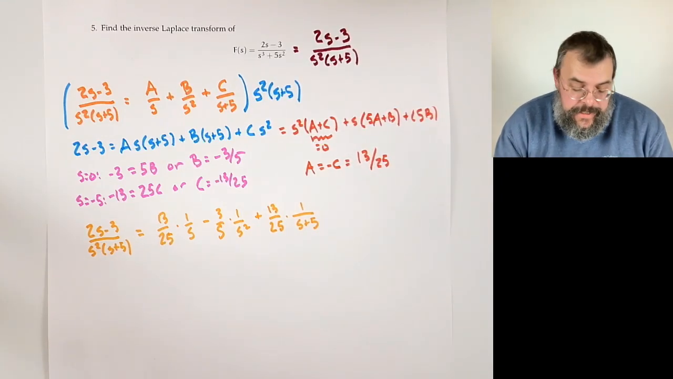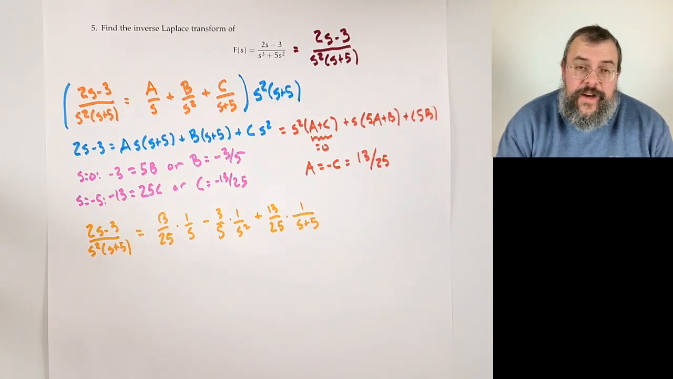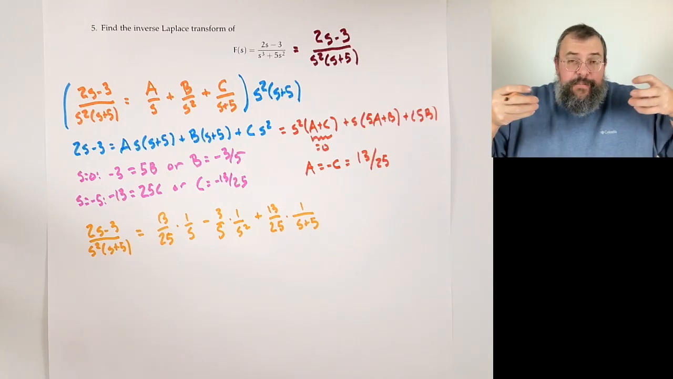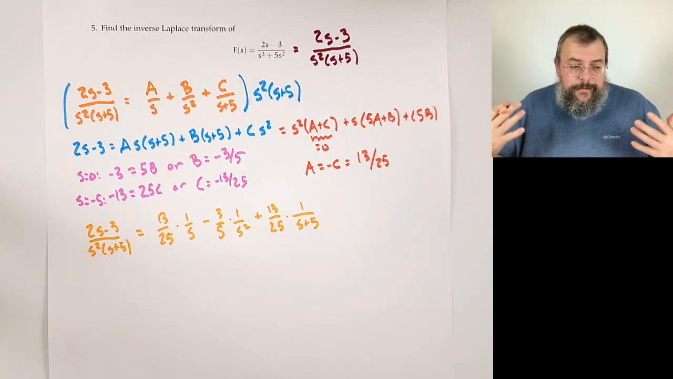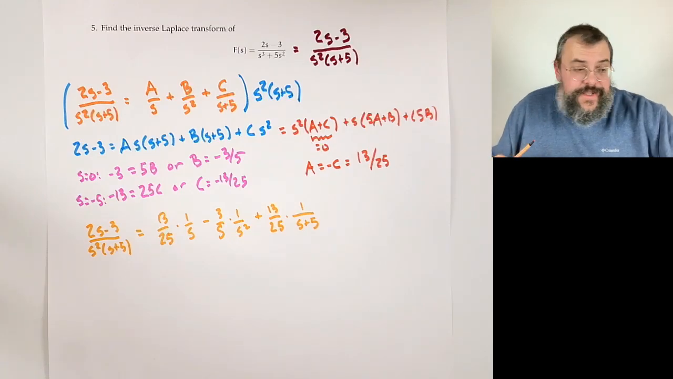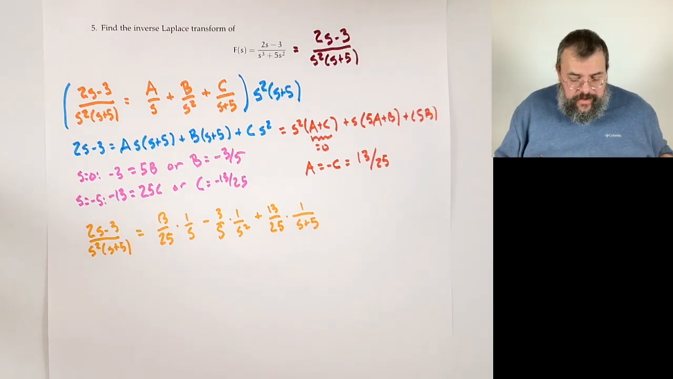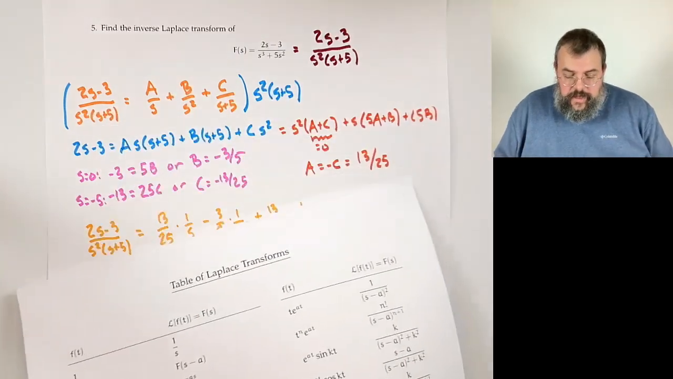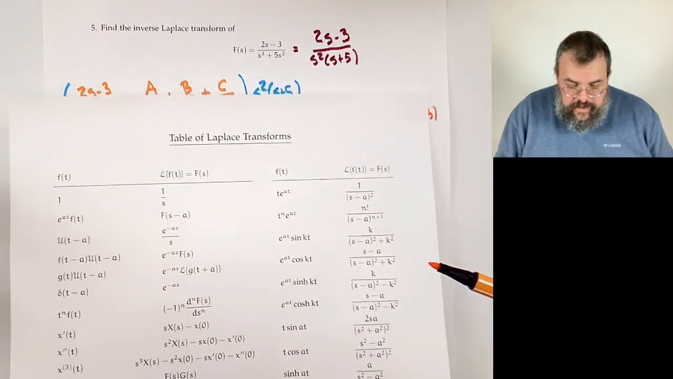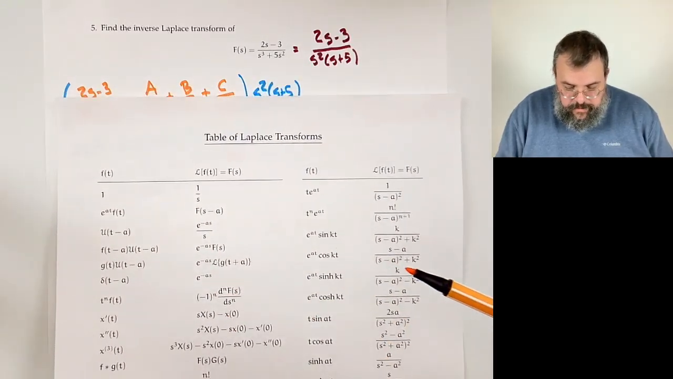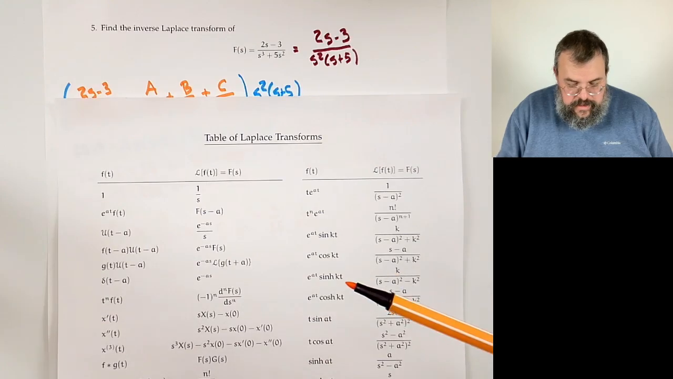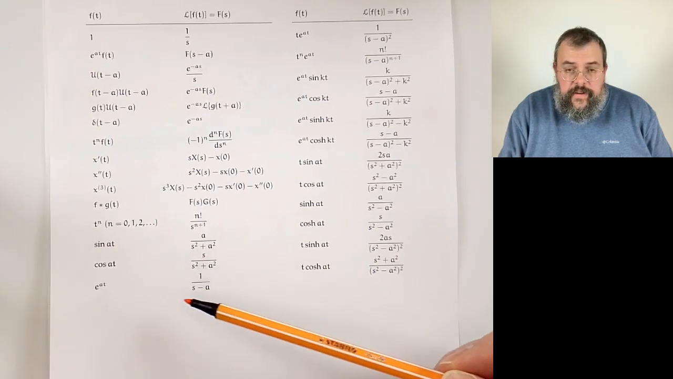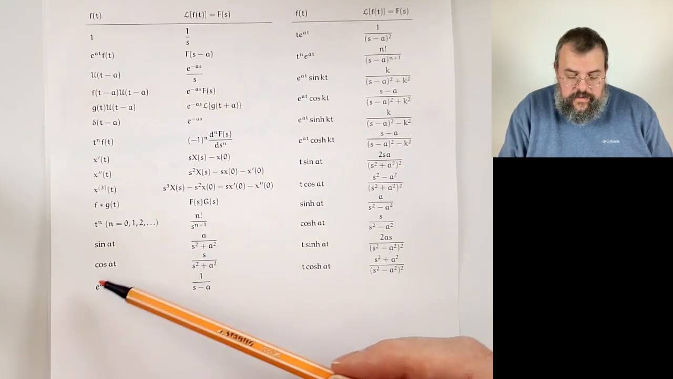All right. And great. Now, why have we done this? Well, we've done this because by pulling it apart, we have things that fall in our table. So let's check our table. Okay, 1 over s, that's there. That'll just be 1. 1 over s plus 5, yeah, that's no problem. Where would that be? Oh, here we go. 1 over s plus 5, that's like a equals minus 5, so that would be an exponential